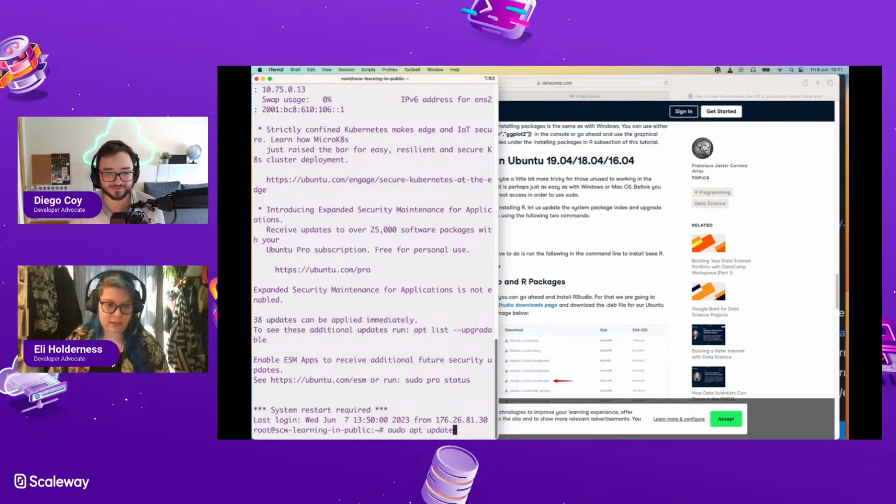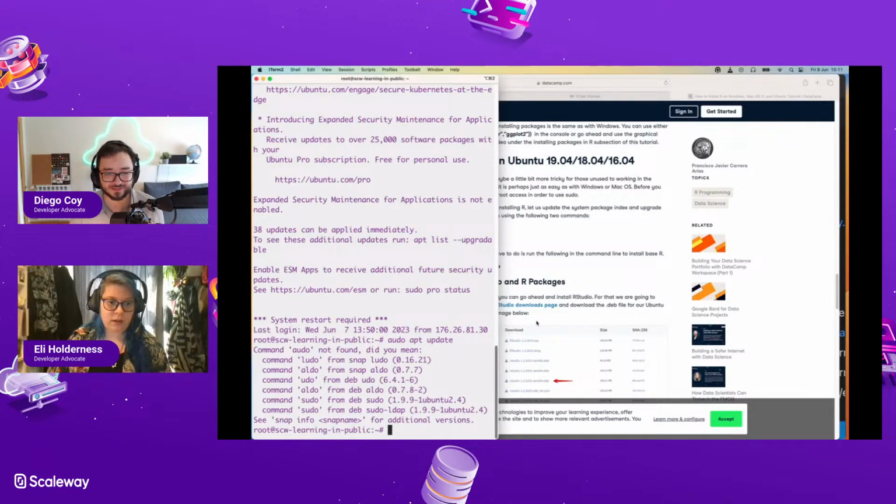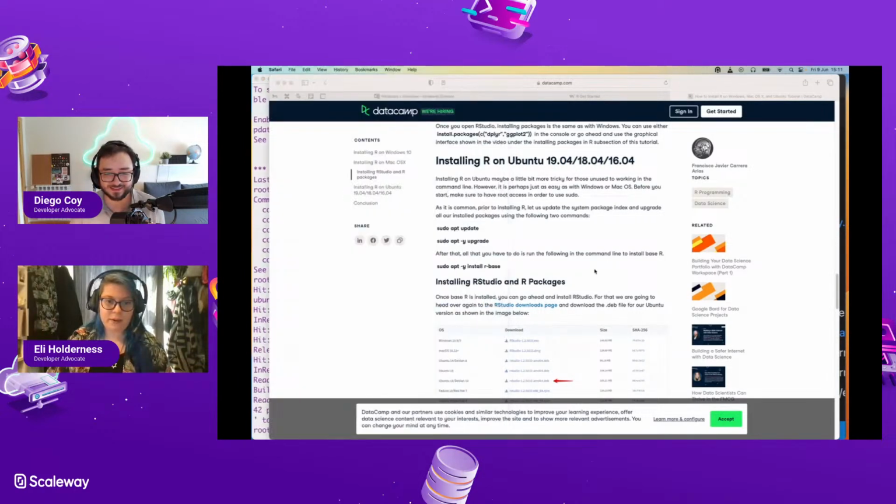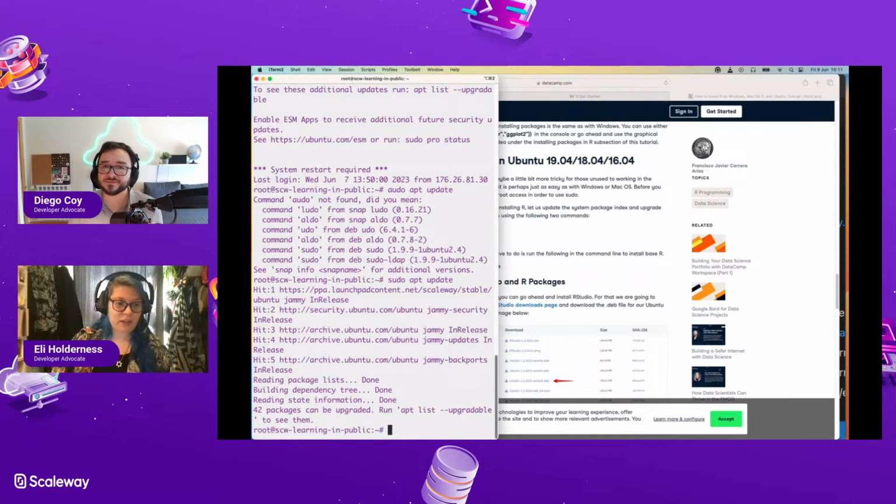Is it upgrade or update? Don't know. I'll try that. Sudo. There we go. This is stuff I should have done beforehand. All I did with this instance was make a user and give myself a little password. And then what is it? Yes, upgrade.